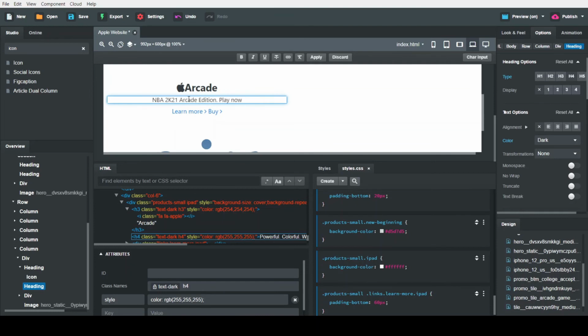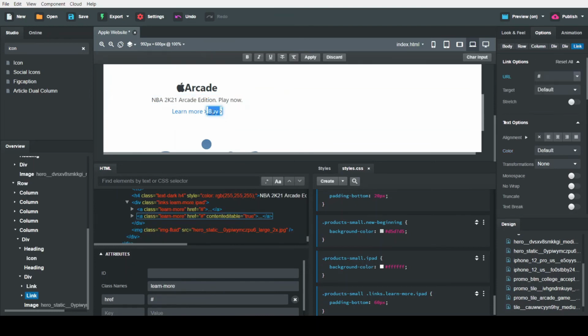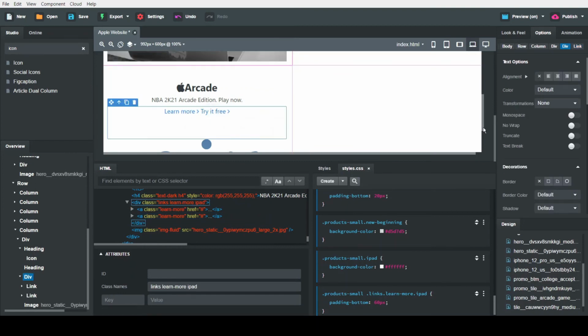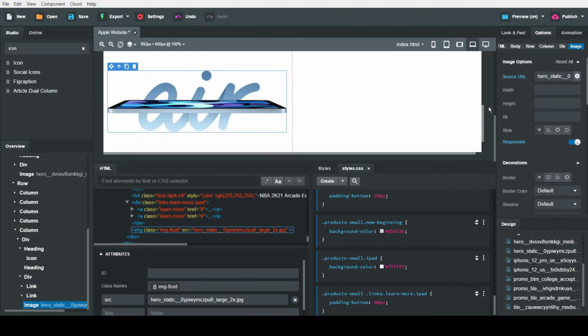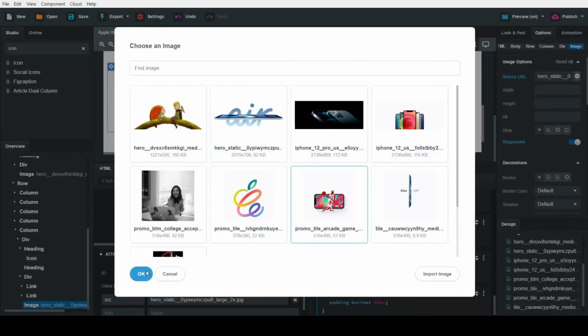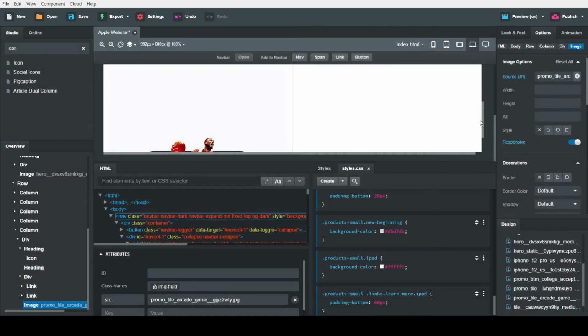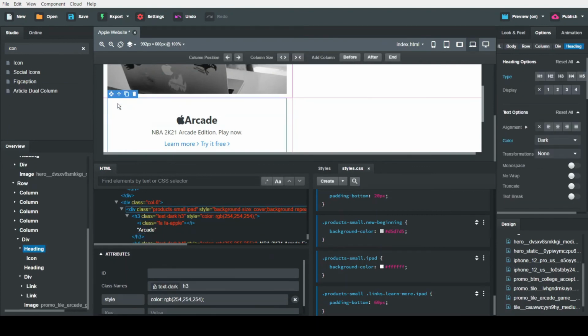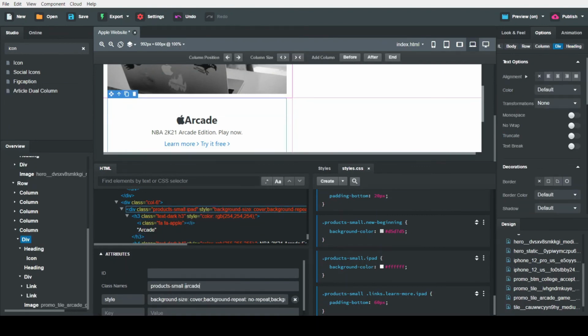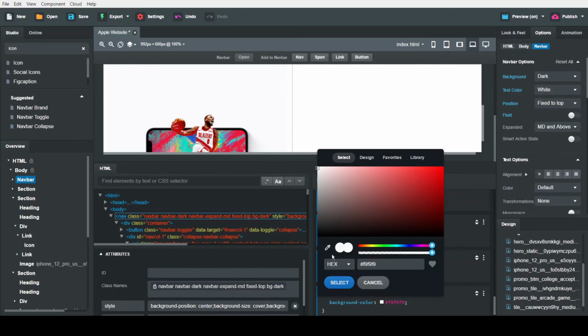We do similar things as I explained before, changing the name, icons, headings and links. Changing the class name and creating the CSS. We change the background color to look similar to the image.